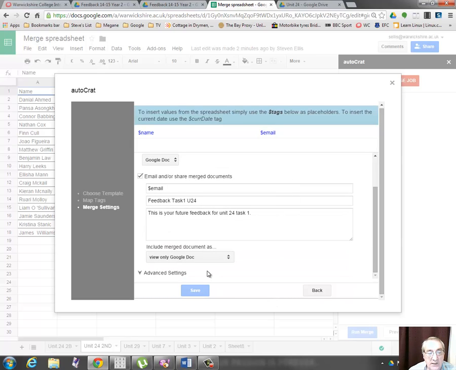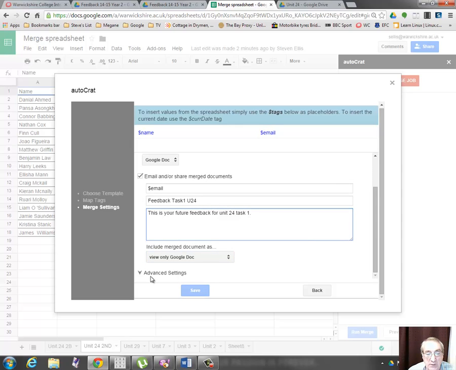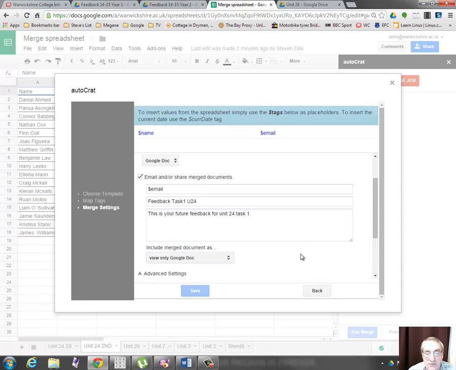And then once you've done that is, what sort of rights do you want to give them for this particular document? Well, we're going to give them just view rights, because what we want to do is just for them to see the actual feedback. You can give them comment rights as well, but it gets a little bit messy because it gives them suggestions as well, capability. You can have them so that they can edit the actual document, or you can do it publicly viewable by with Google Link, or we can actually do it as a PDF file attachment. So we'll just do view only, and then we can click on advanced settings, which is very good, because now